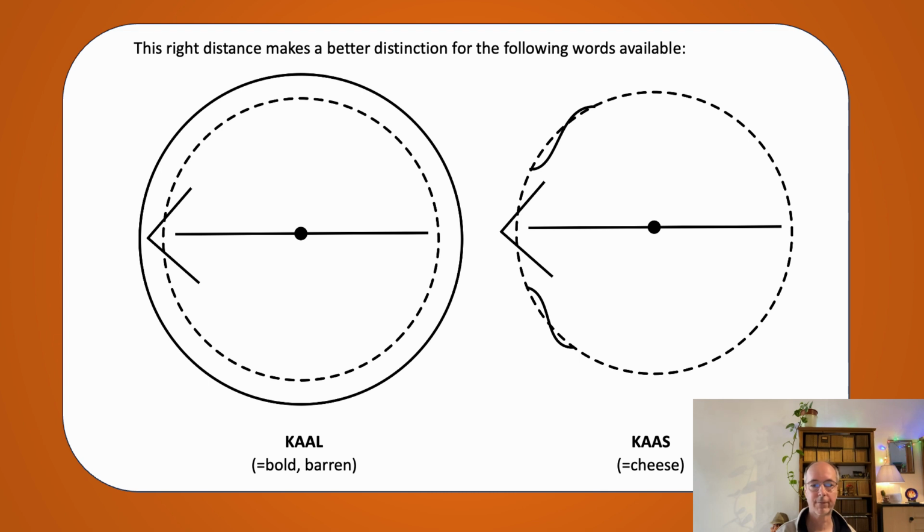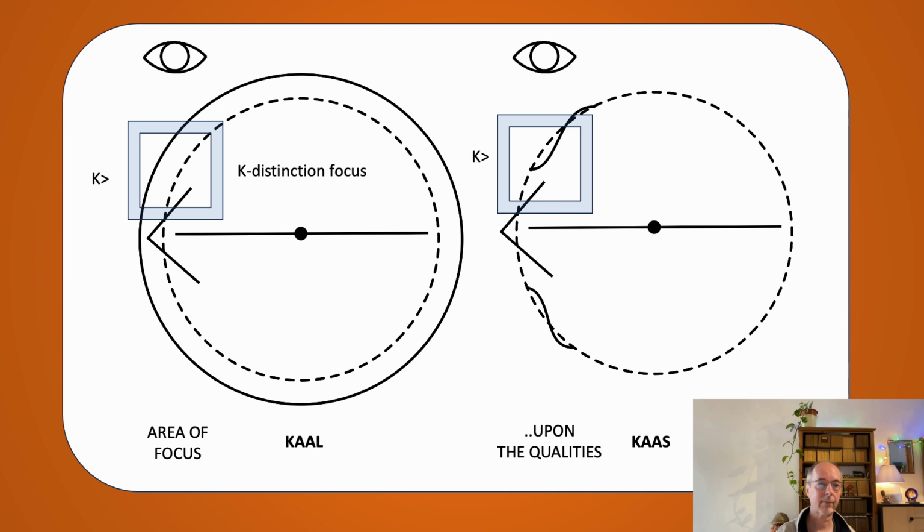So where is our focus upon the differences, about the distinction? In fact, there are two distinctions that we have. Let's focus on this area of focus. We focus upon the qualities, as a matter of speaking. We focus on which qualities we have and what we can use of it. This is the question with a practical vision.